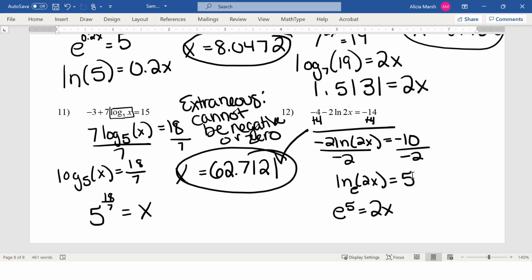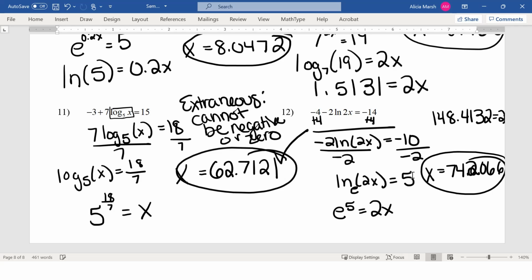E to the 5th, again, I'm going through my calculator here. And I'm getting e to the 5th is 148.4132. That's equal to 2x. I'm going to divide by 2. And we are going to get an answer for x of 74.2066. And that is the end of the